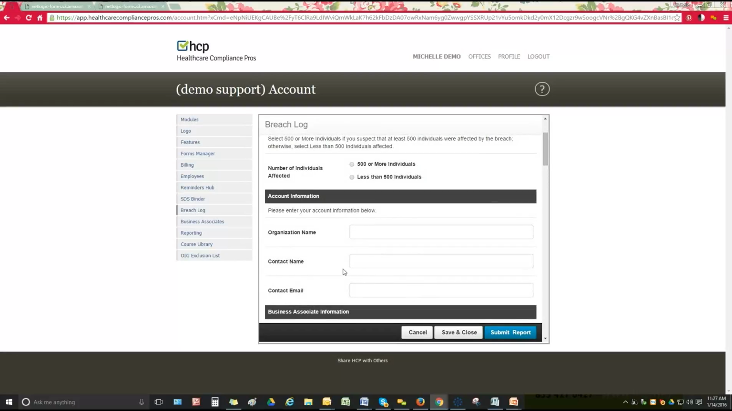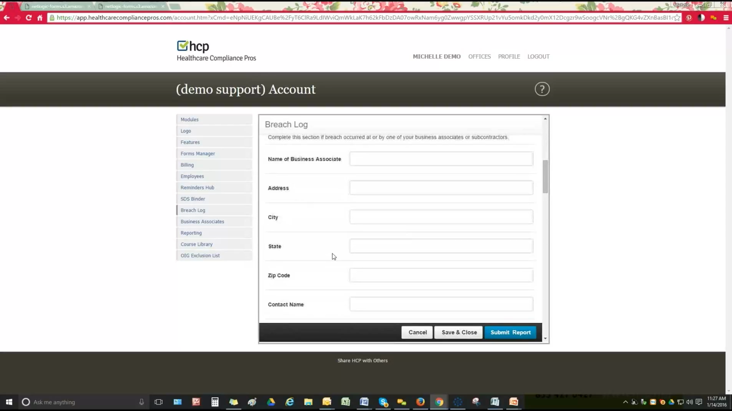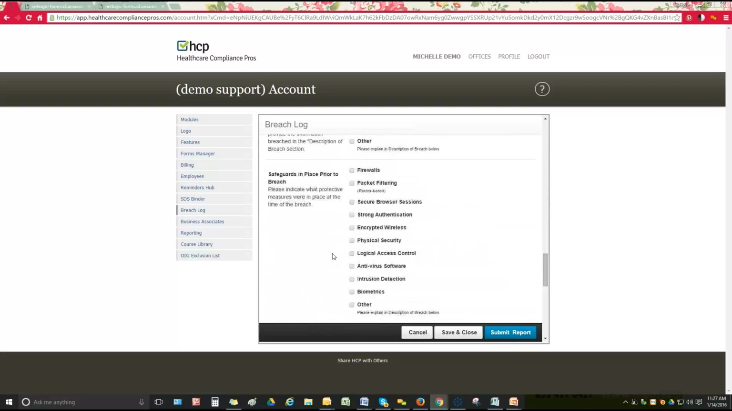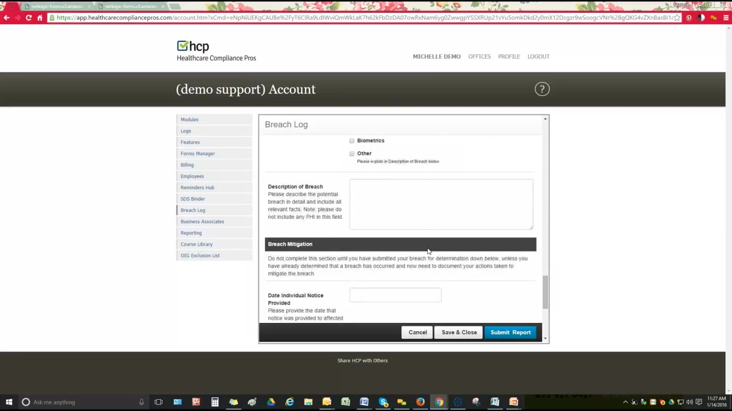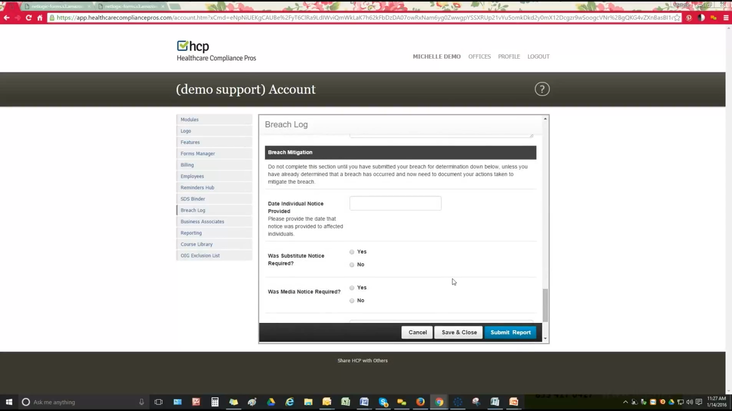So any type of breach, whether it's because of negligence or because of someone hacking into your system, would be logged here. And it's pretty much a fill-in-the-blank sort of form. You just put in all of the information for the breach, and once you get these check marks done, then you can actually describe the breach. At that point, you would submit it, and a HIPAA professional will review that and go through a breach determination and then mitigation process with you,